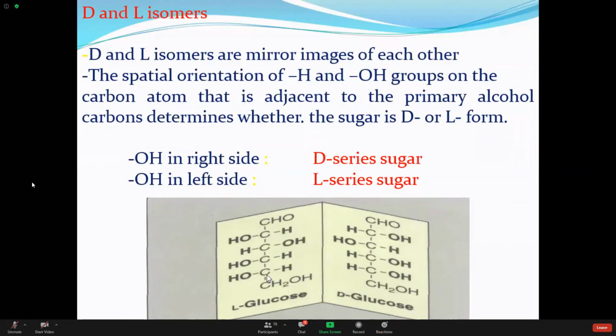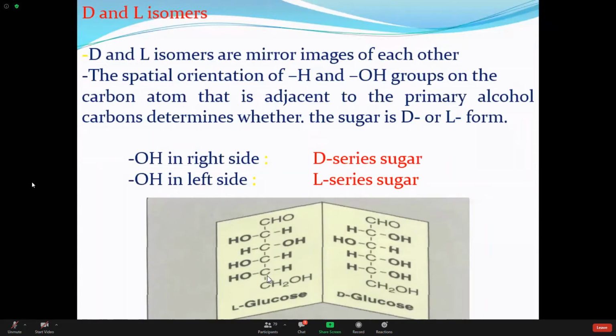First, you have to just follow my pointer. Here you have to determine what is the penultimate carbon atom. Did you get my point? What is the penultimate? It is not the ultimate. It is just before the ultimate. It is the penultimate carbon atom. Now, this is the ultimate carbon atom, the last carbon atom, and this is the penultimate carbon atom. Am I clear?